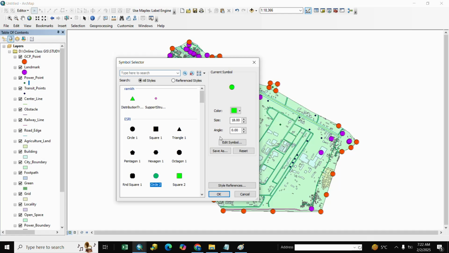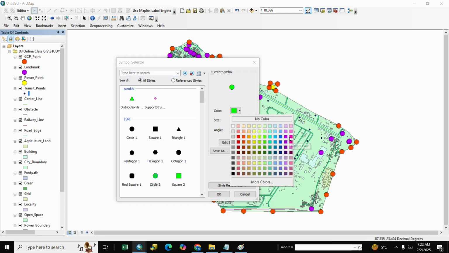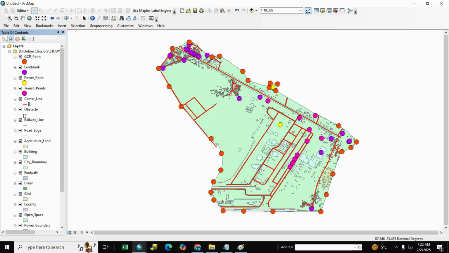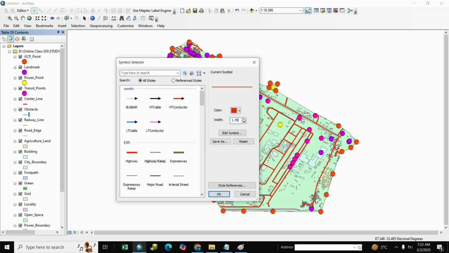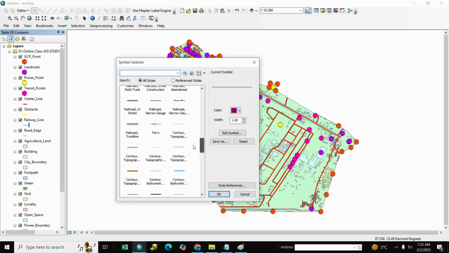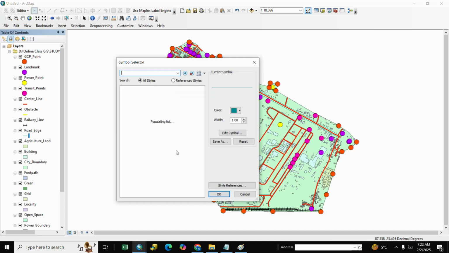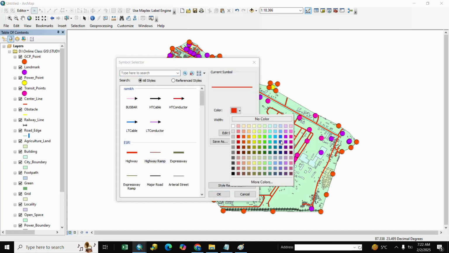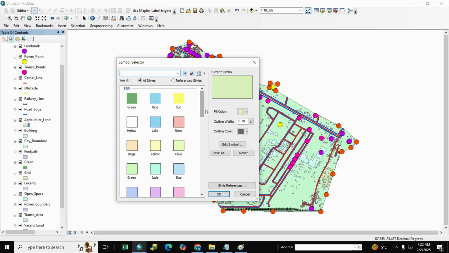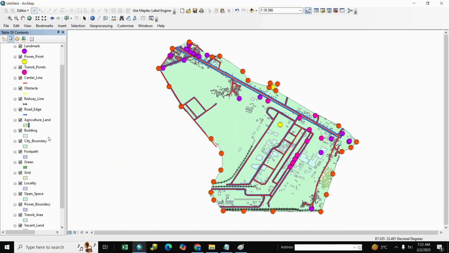power point, transit point, road line, obstacle, railway line, road edge, agriculture, building,